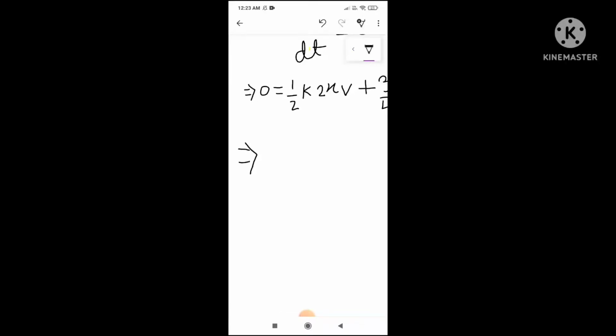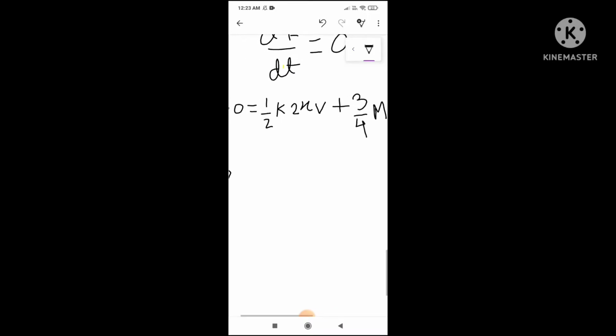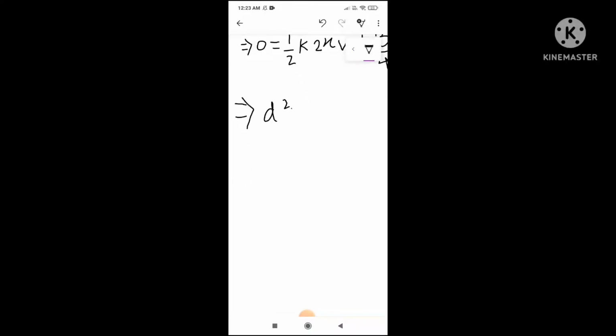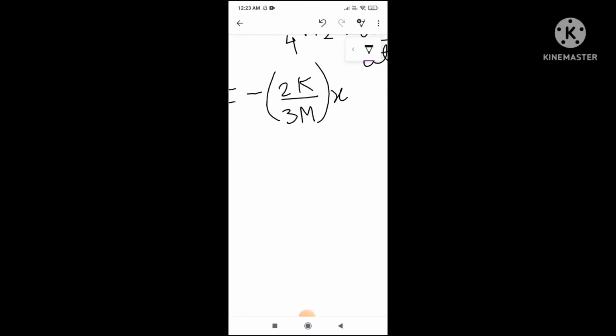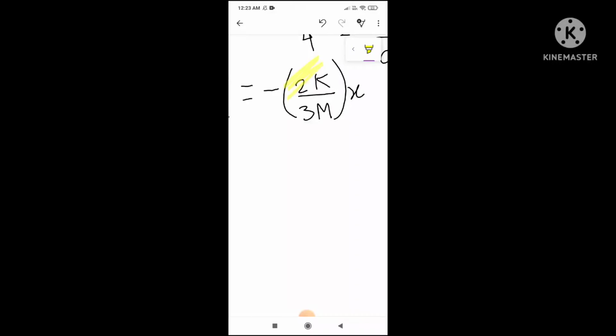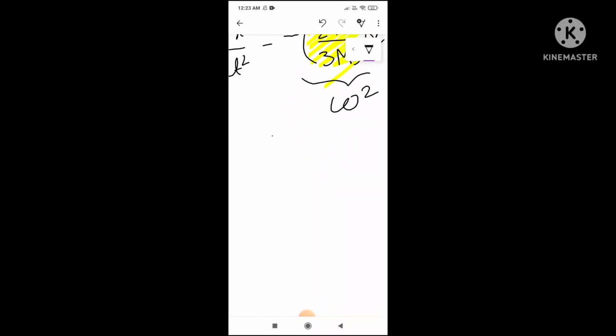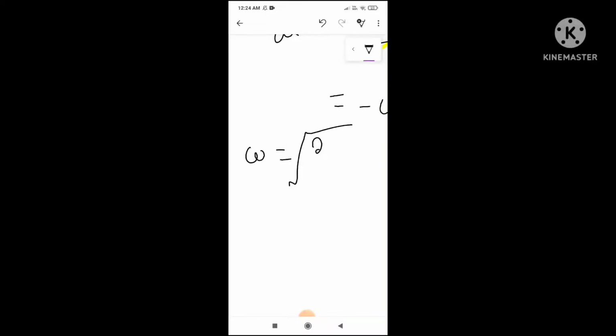So I'll prove how I'll get the time period. I'm proving that expression of time period. If I rearrange this equation, I get d2x by dt2 equals minus, this is what you'll get if you rearrange the terms and do the algebra, right? d2x by dt2 is minus 2k by 3m x. Now what does that mean? This is again coming in that form, minus omega square x, which means this is omega square. The acceleration is minus omega square x. So how much is omega? Omega is square root of 2k by 3m,